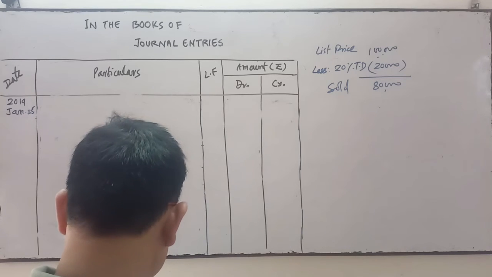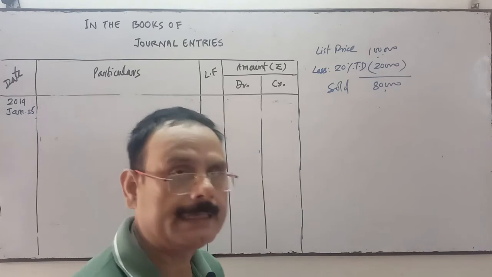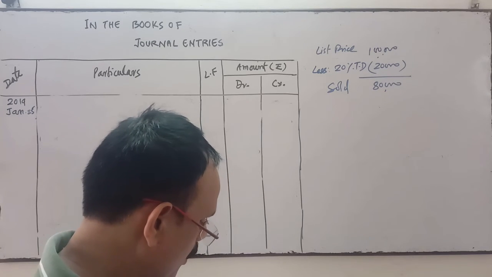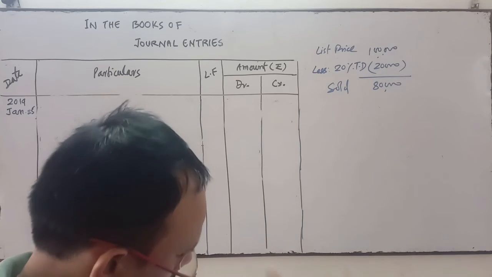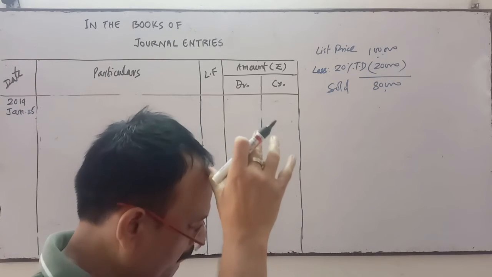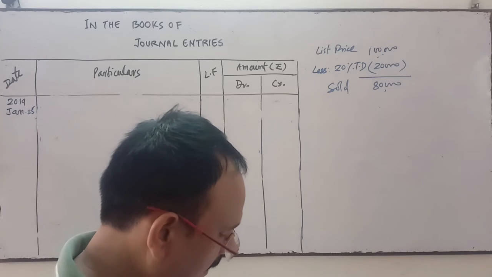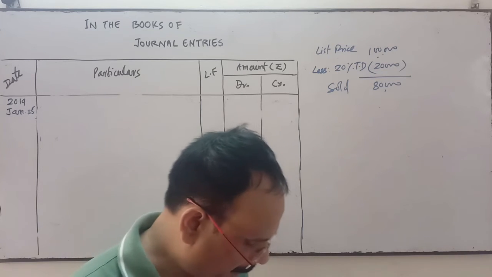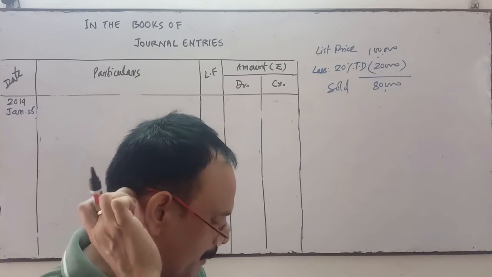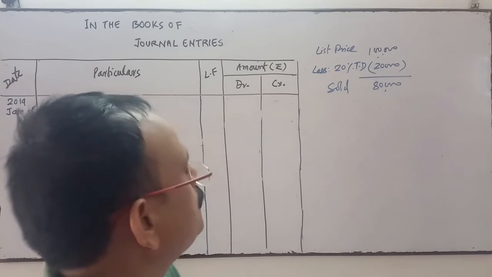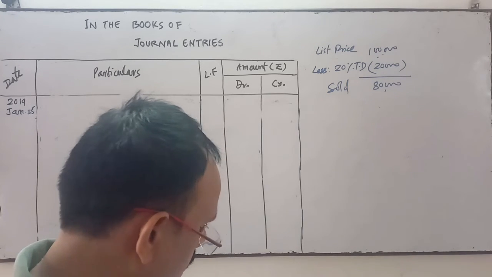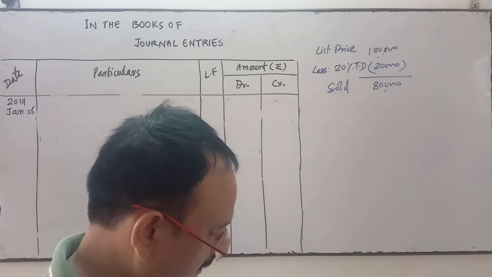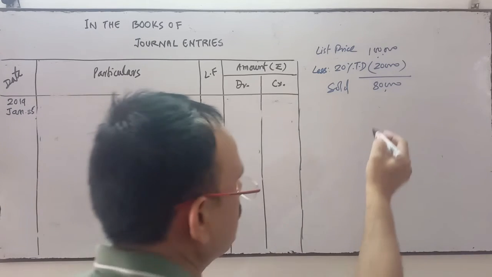At 5% cash discount, if the payment is made within 15 days, she paid 1/4 of the amount by check on February 5. So February 5, okay, within 15 days, and the remaining 60% of the remainder on February 15. So no cash discount will be given thereafter. So first of all, sold goods to Garima for rupees 1 lakh, allowed her 20% trade discount. Good. After deducting the trade discount, this is your sales.